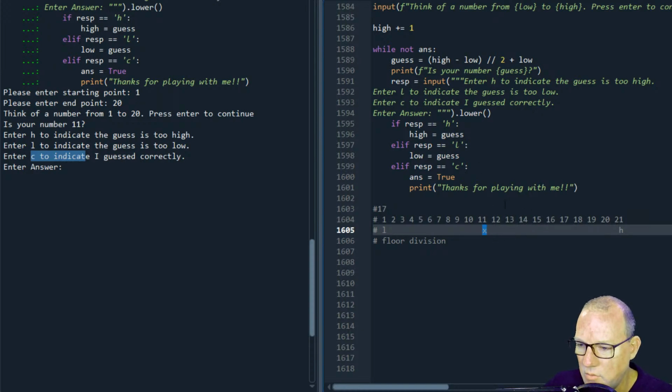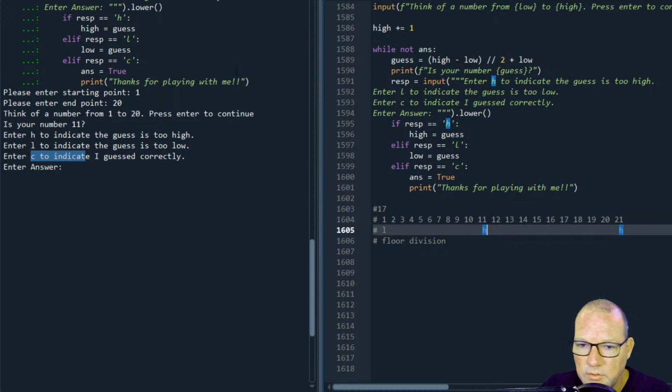If it is too high, that means it is not in here. All right, you follow me? If it is too high, that means it is on this side. So this would become H, and then our next guess would be in this bucket.